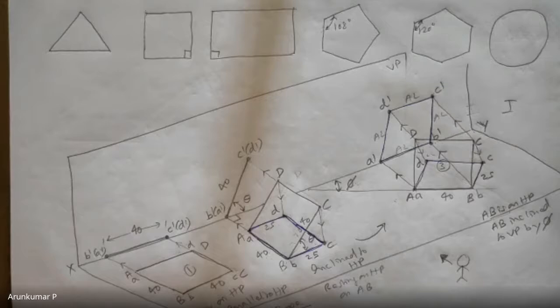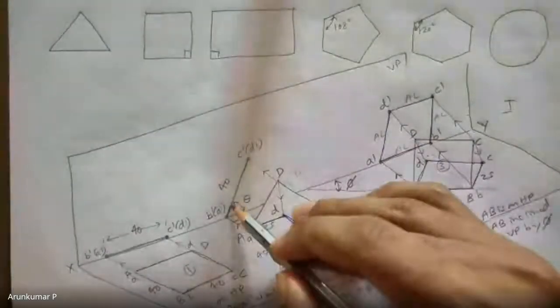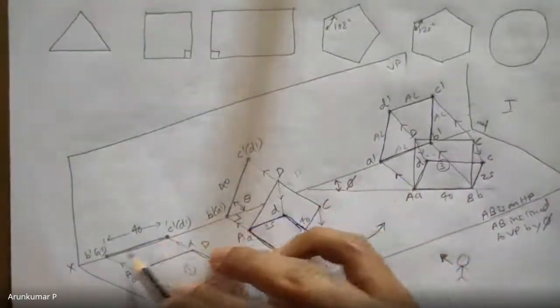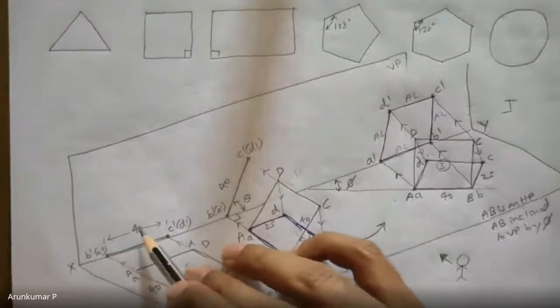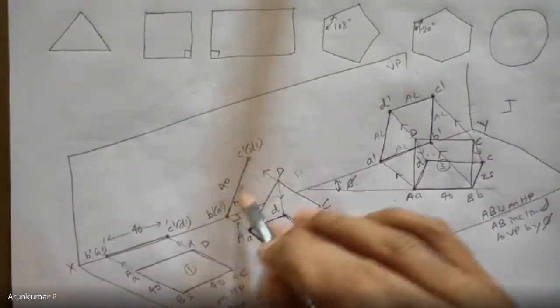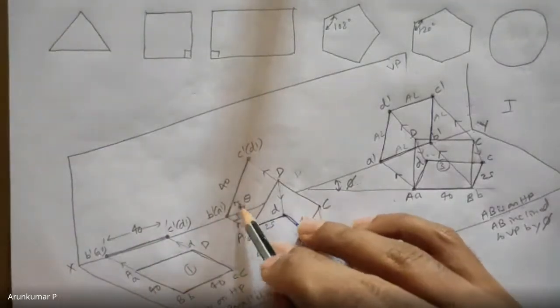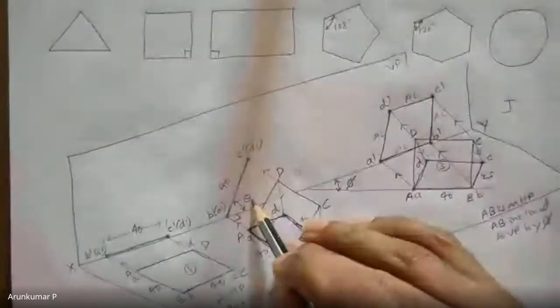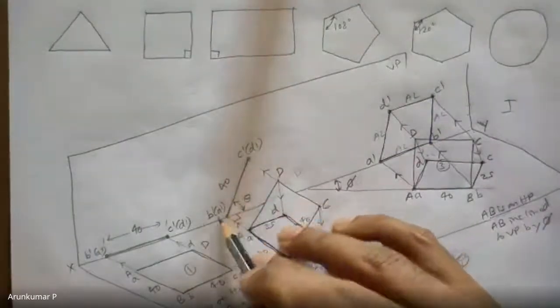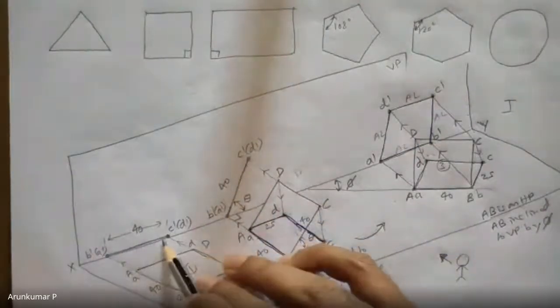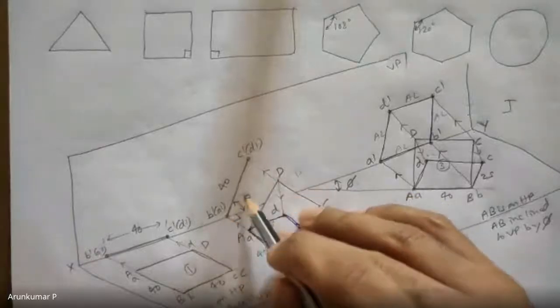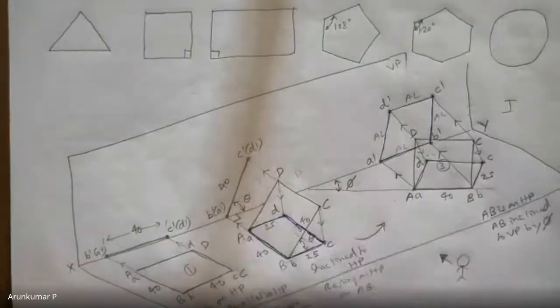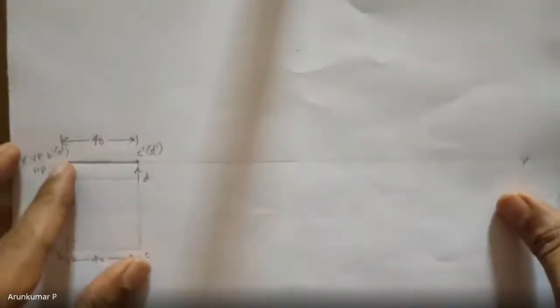So what you do is, basically you have to incline this front view, which is a 40 mm line, and redraw it at 30 degrees. So the 40 mm line which you got in the first step front view has to be redrawn at 30 degrees, the theta. So let us do that.